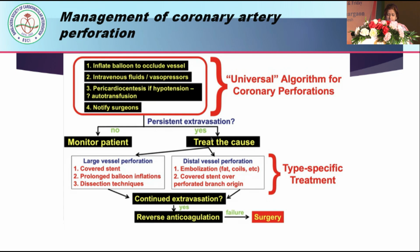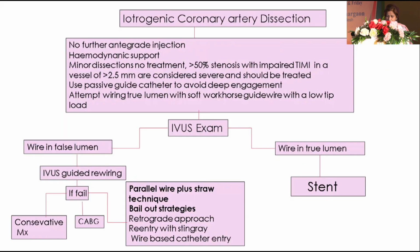That is, if there is a large perforation that persists even after prolonged balloon inflation, then we can use a covered stent, or you can use dissection techniques. In case of distal vessel perforation, we can embolize with fat or coils, or use a covered stent over the perforated branch. If there is continued extravasation, we should reverse the anticoagulant and send the patient for surgery. For iatrogenic coronary artery dissection, the most difficult part is wiring the dissected segment. I will not go into details because my previous presenter already